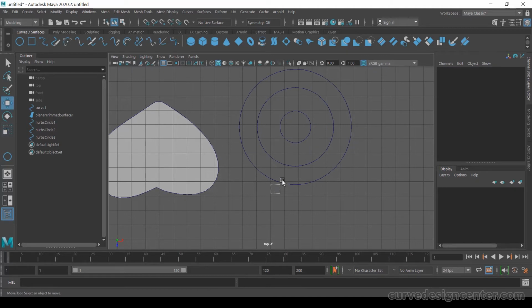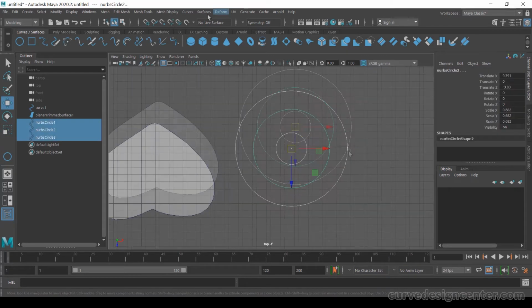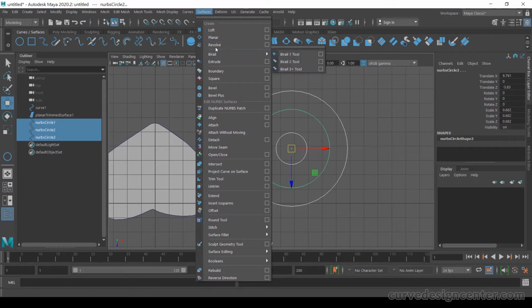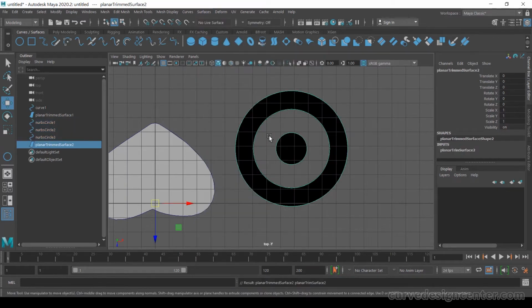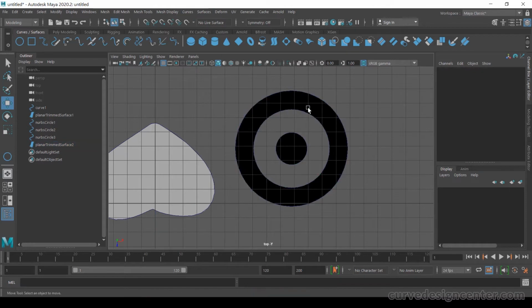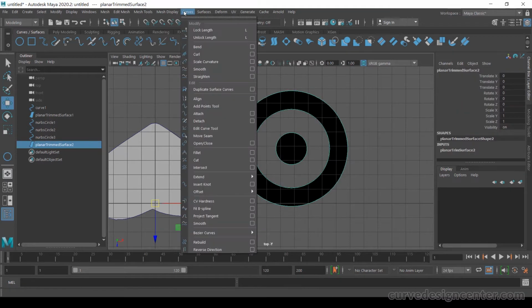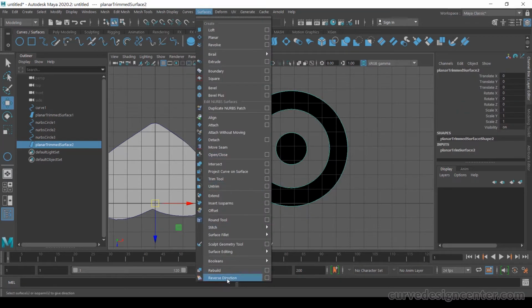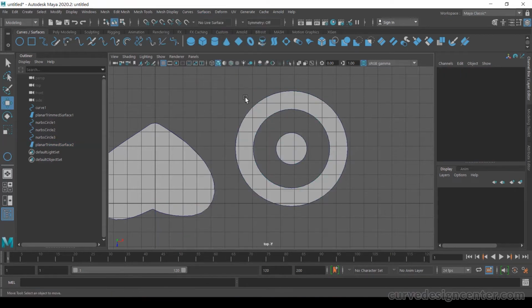Deselect all and select all these circles, and then apply the surface planar tool. We need to reverse direction. First select this surface, reverse direction. So we draw three circles. By using these circles, this type of shape will be created.